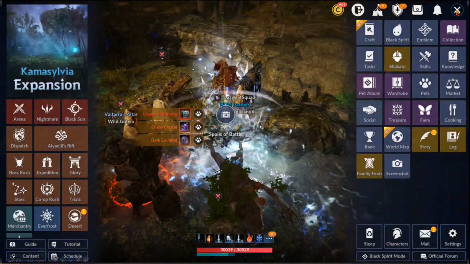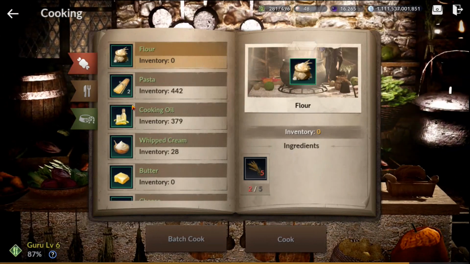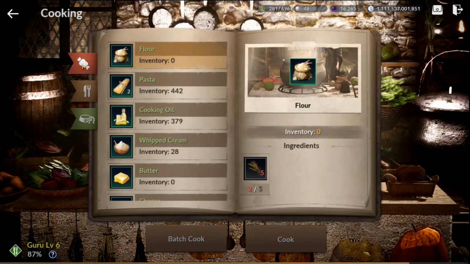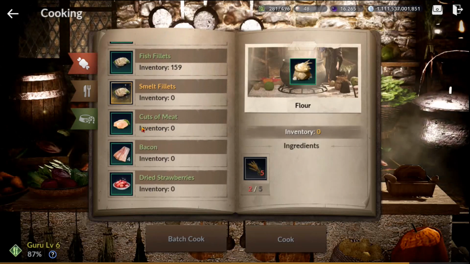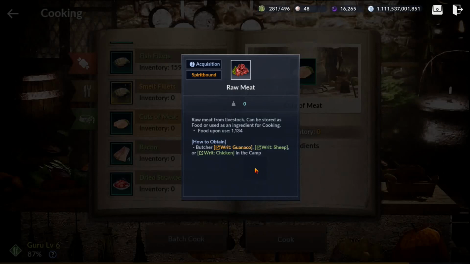Okay, so now that you butchered the guanaco and you have your cuts of meat, let's go show you what you do with it. You go into your cookbook, you hit the top tab, the red one, and you scroll all the way down to where it says cuts of meat, and you tap on that, you'll see it there, and then you just tap on it to process the cuts of meat,